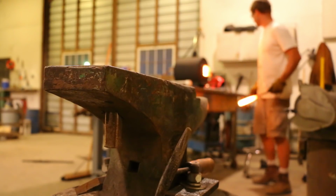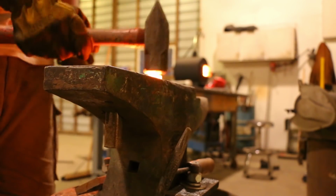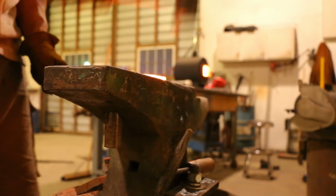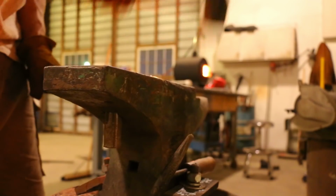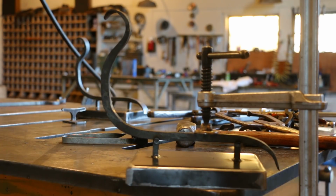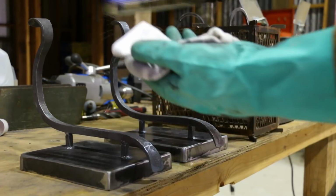And I thought this would be a good excuse to fire up my new forge. This was a Christmas present from my parents. And oh man, it was so nice compared to using the oxyacetylene torch like I used to be using. Once I got it all welded together, I took it back down to my barn where I cleaned it up